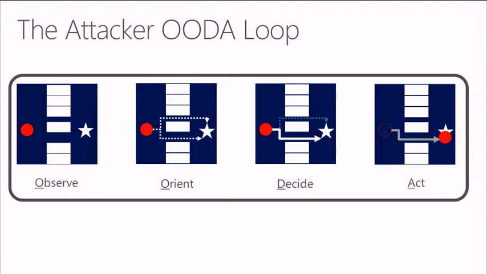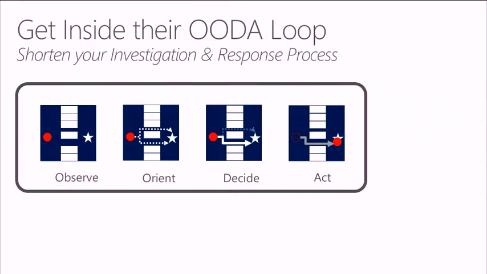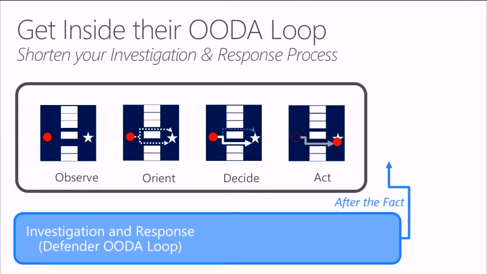And when we take a look at this from the defender's perspective, your objective is to get inside that loop. You've got to operate your decision-making process, your response process, faster than the adversary is making their attack operation happen. And so it's a pure defense-offense thing, whereas in a fighter combat situation, you're both attacking and defending at the same time. But on a pure defense perspective, your job is to figure out what the attacker's doing and stop them before they get a chance to do it,